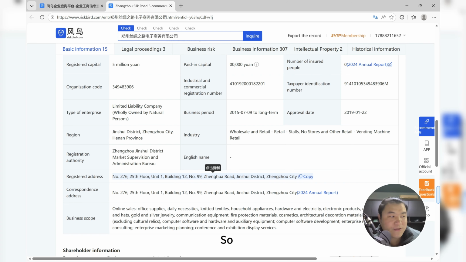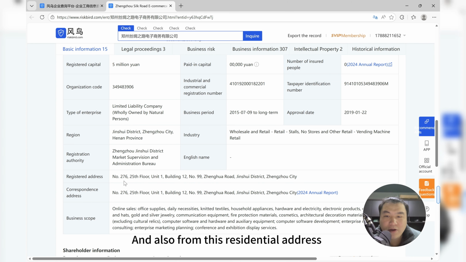But in China, in some places the government allows them to do this, but in some places it's forbidden, because a residential address is forbidden to use for commercial usage. So it means you are not able to register a company using this address. Okay. And also from this residential address, what kind of things can we conclude? Okay, we can conclude definitely